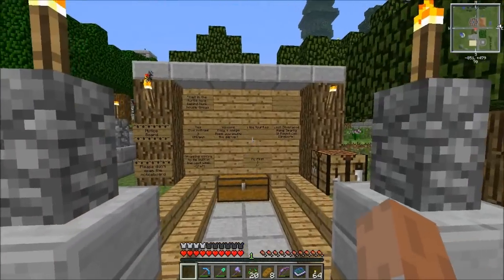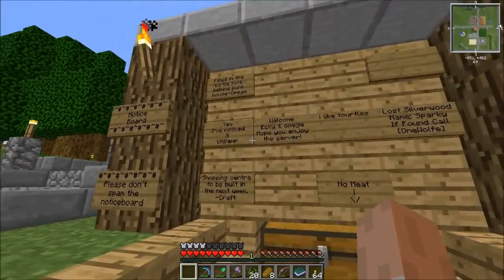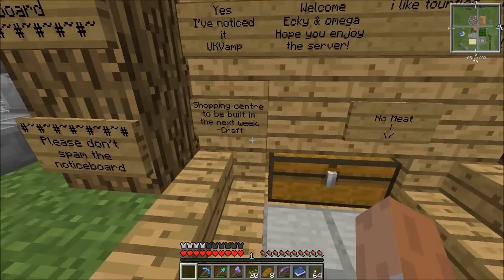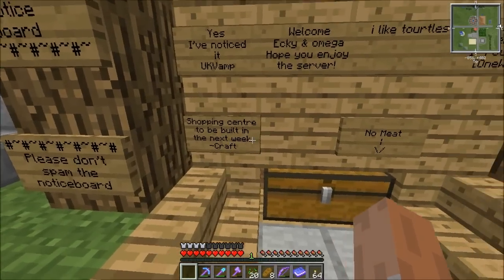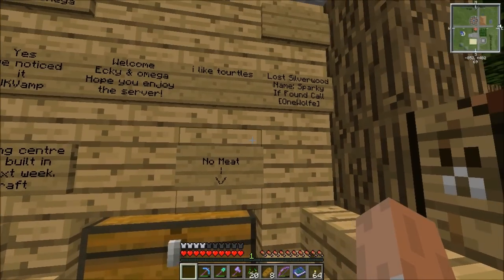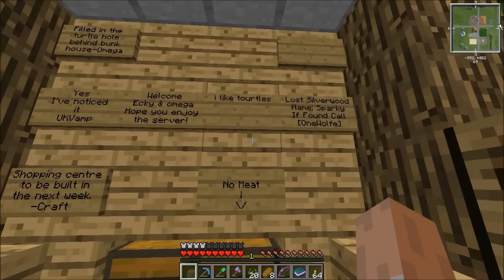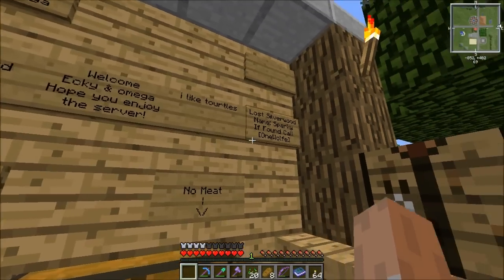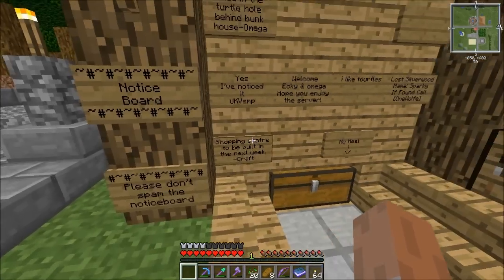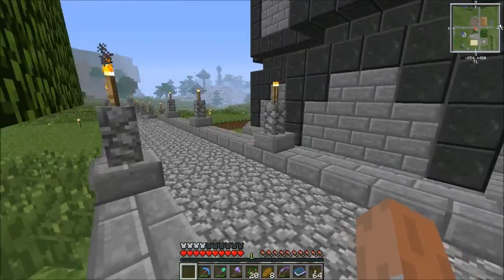But anyway, today we are going to come over here. As you can see, there's a notice board that I actually built. Let's see what's on here. Filled in the holes. Yes, I've noticed it. UK vamp. Shopping centre to be built in next week. That was me for on holiday. No meat. You know what that means? Lost Silverwood. Name Sparky if found. Cool. I like turtles. So this is exactly why I had to put this thing up here. Please don't spam the notice board, because there isn't that many spaces on there. Maybe we'll upgrade the notice board one day. But anyway,